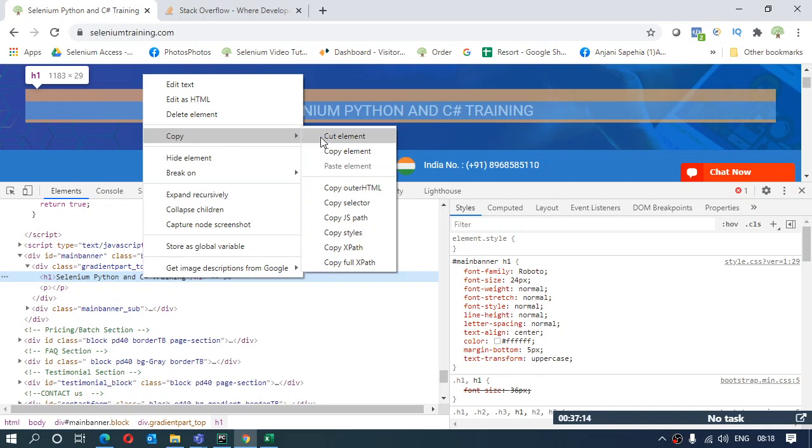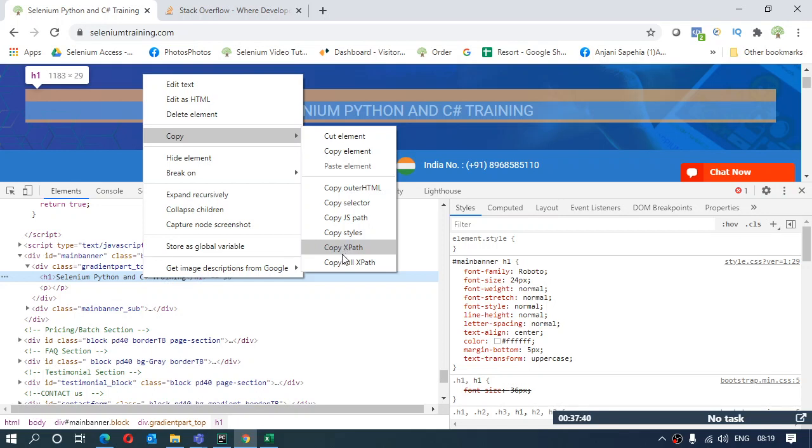Now out of this copy you will get a number of options like cut the element, copy the element, like that. But just below that you will get the options copy XPath and copy full XPath. Now if you go for copy full XPath, it will copy the complete XPath for the element. And if you go for copy XPath, it will give the partial XPath. Right.